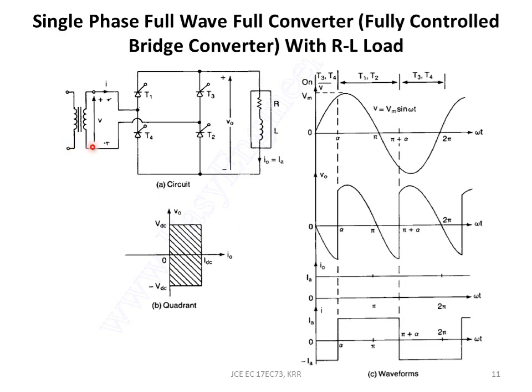What we notice here is the secondary of the transformer is connected to a bridge, and instead of two diodes and two SCRs, I have got four thyristors, that is four SCRs. I'll name them T1, T2, T3 and T4. The working principle is very similar. During the positive half cycle, the thyristors T1 and T2 will be forward biased, and during the negative cycle, the thyristors T3 and T4 are going to be forward biased.